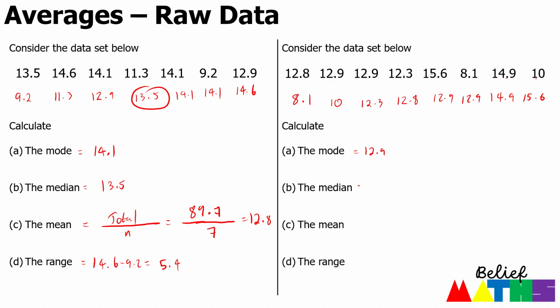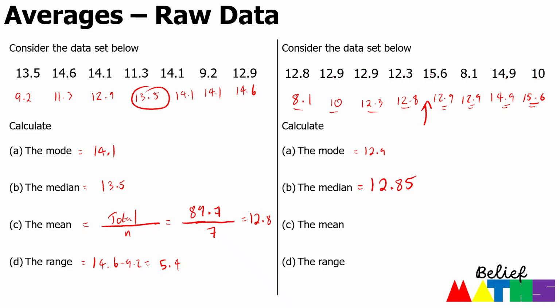Okay, the median then is the middle value. Now that's 1, 2, 3, 4, 1, 2, 3, 4. Well, the middle value then is between these two. It has to be exactly in the middle of those. So to find exactly in the middle of those two numbers, well, we can usually be quite good. You can see that that's 12.85. So that's our median because we have an even number of